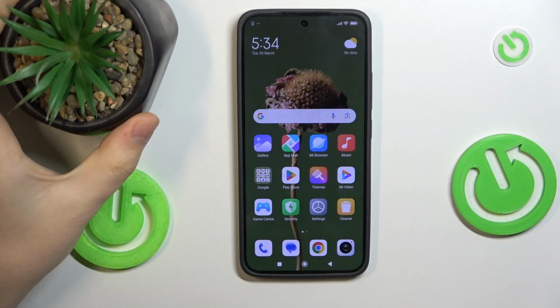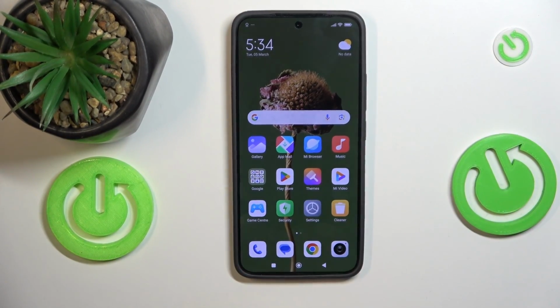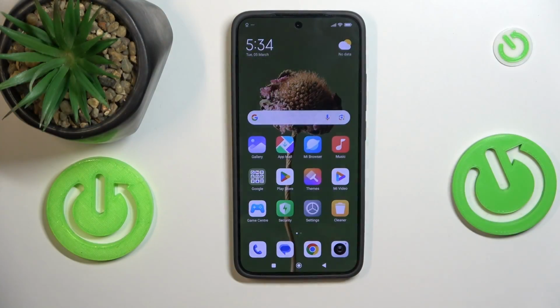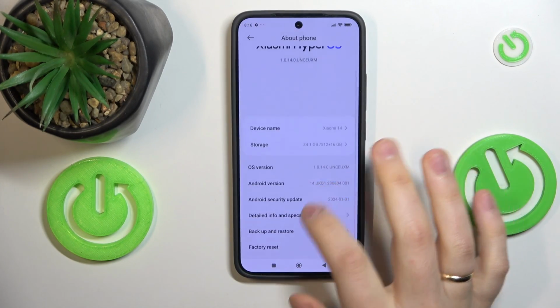This is Xiaomi 14, and today I will show how you can factory reset this phone through its own settings. So to start, you will need to launch the Settings app, then enter the About Phone category, scroll down, find